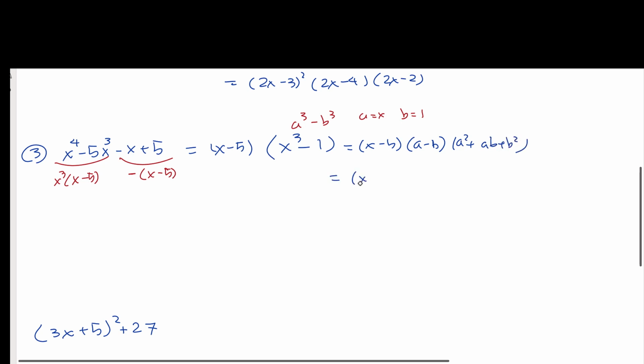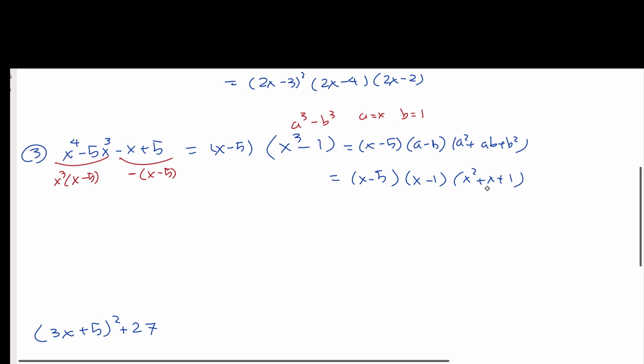Now let's put all of them back in. A is x minus 1, x squared plus x plus 1. And you cannot go any further than this because